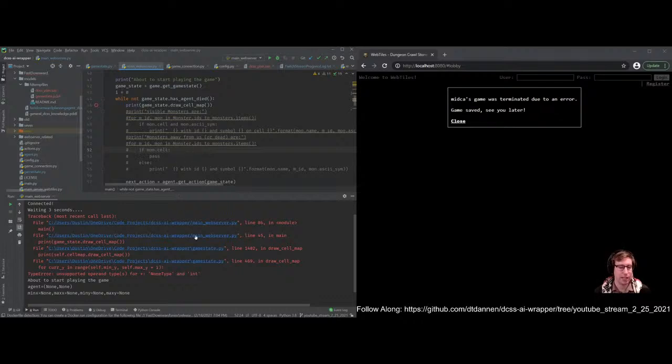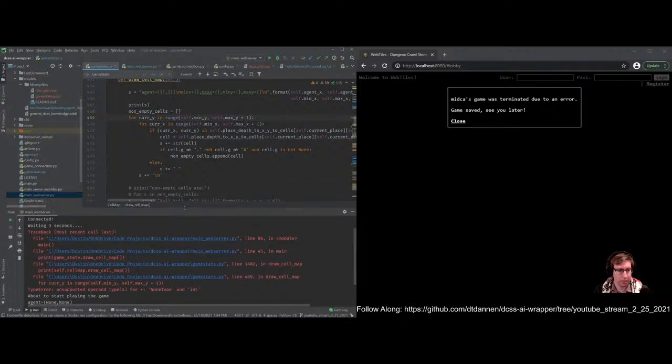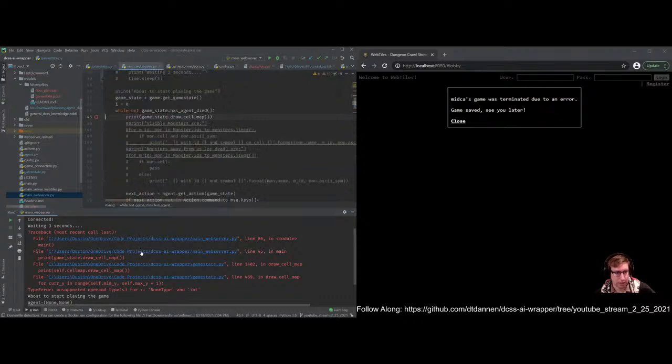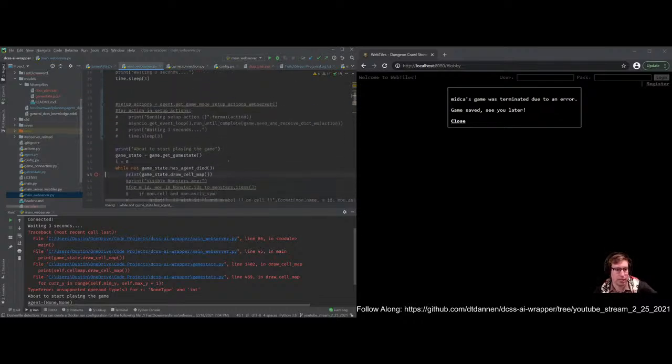So we still need to figure out when a game already exists or not. But let's wait and solve that problem later. So let's just assume we already have a game. And so if we go here, unsupported types, NoneType and int. So I think this is how. Okay, so we're trying to do draw cell map here. And why? Where is this being called? We're doing it here. So for some reason,